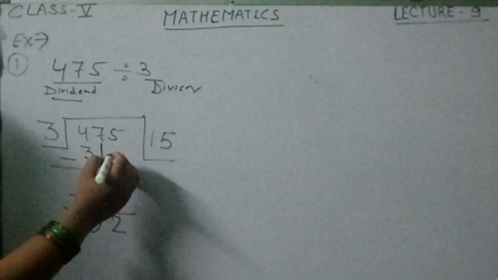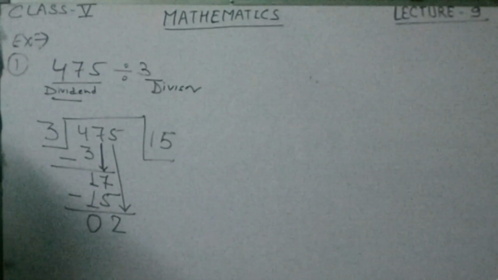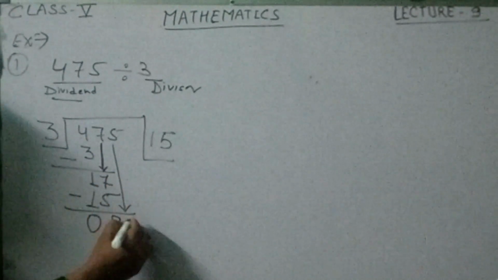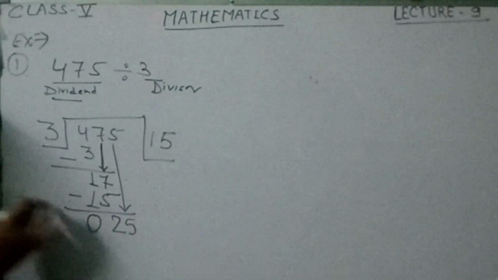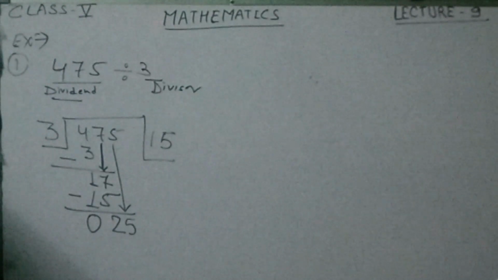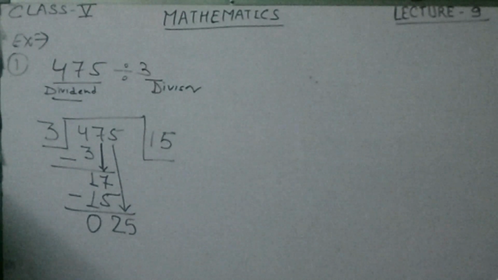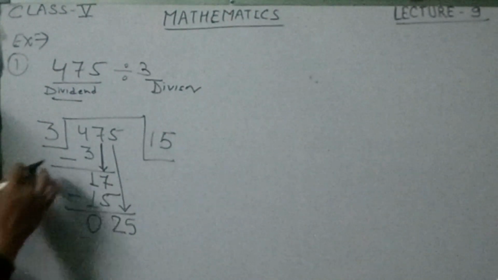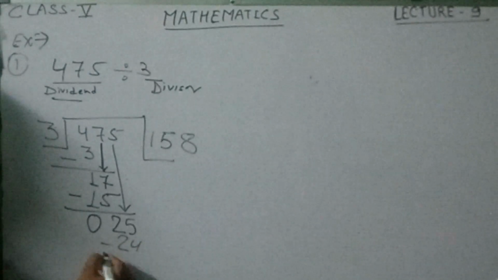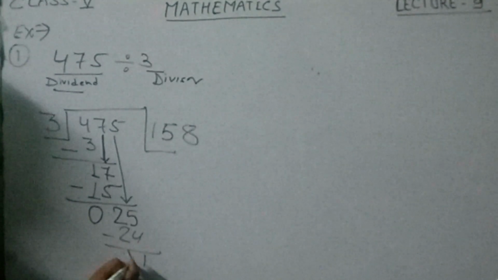Now take this number down. See what is here? 5. Now the next number is 25. So we will read the table and you know 3 8s are 24 and 3 9s are 27. 27 is greater than 25. So what we have to do? We have to take the number 8. 3 8s are 24. Right here 24, and 5 minus 4 is 1, 2 minus 2 is 0. You write 0 or put the cross.